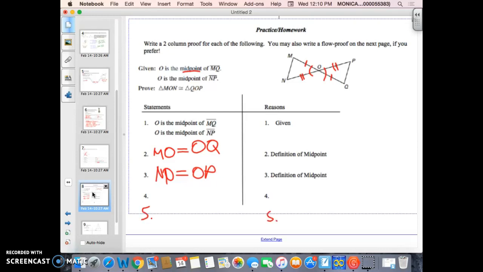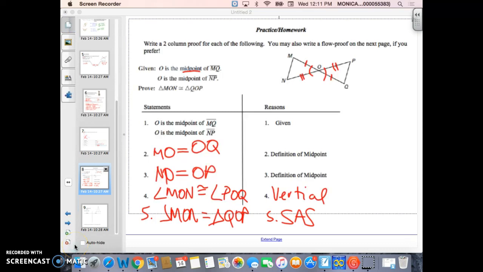I apologize, that was a mistake. The next point is saying that angle MON is congruent to angle POQ, and that's because of vertical angles. And lastly, we can say the two triangles are congruent because of SAS. All right, so you're going to